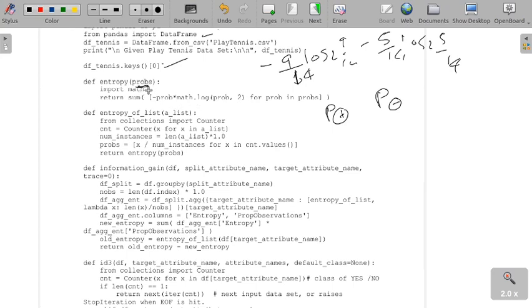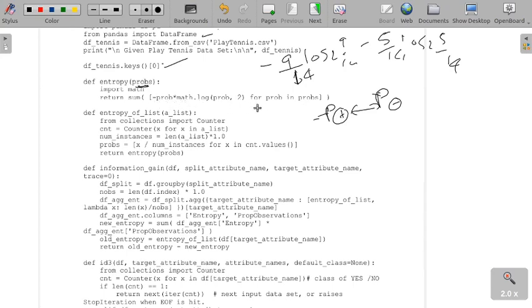For prob in probs means you iterate through both of them: the probability of negative instances and the probability of positive instances. For both you take log 2 and the minus probability.